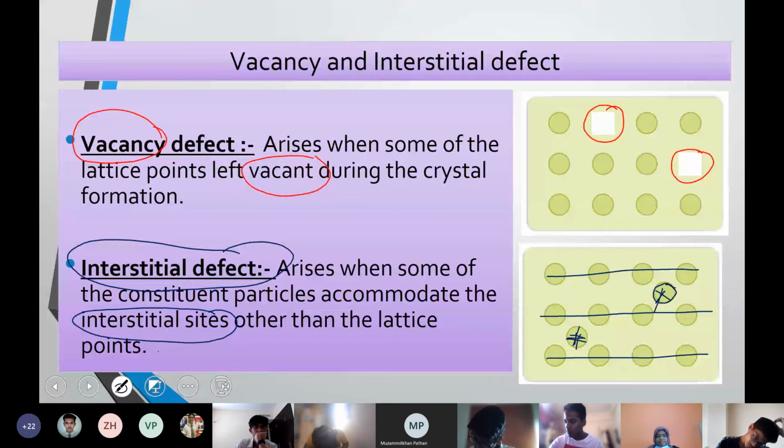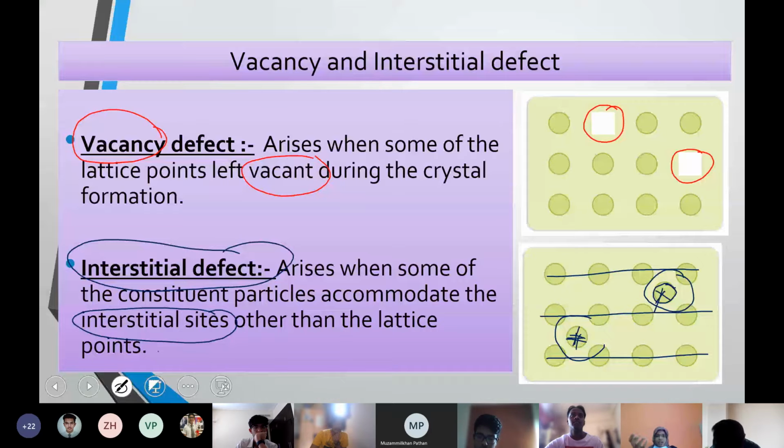Ma'am, how much do these imperfections actually affect the physical look of the crystal? Like something that's perfect, pure, and something that's not. I just want to tell you that it is coming under point defect. There are only certain points where there is a problem. There are other points of the crystal where it's perfect. So it's again coming under point defect.